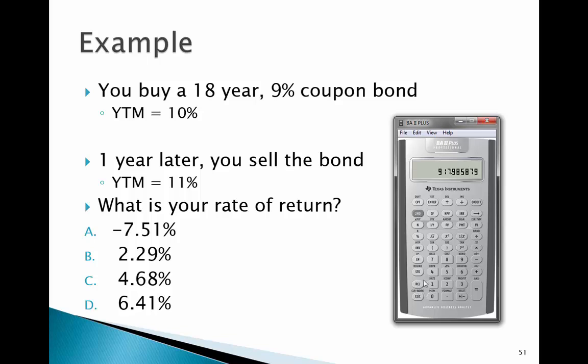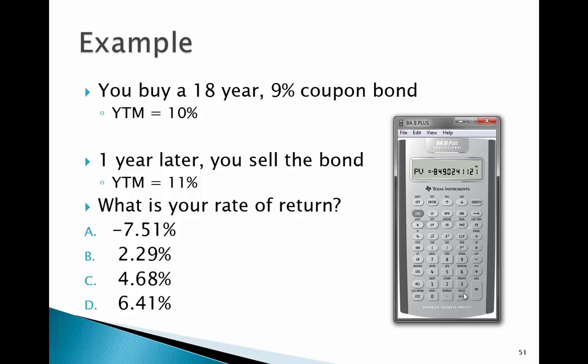I'm going to change the sign. I'm going to put that number in memory. So there's the price I paid for it. Now I'm going to find the price I sold it for. It's 1 year later, so N now is 17. The new yield's 11. And it still pays 90. And the par's 1,000. Find that new price,